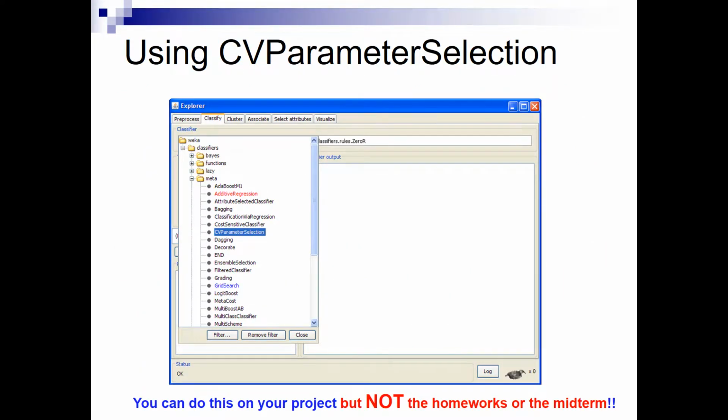Okay, so here on this slide, you can see in the meta classifier folder the CV parameter selection meta classifier. You are very welcome to use it in your project, where you will have to demonstrate that you know how to do tuning in your final project report.